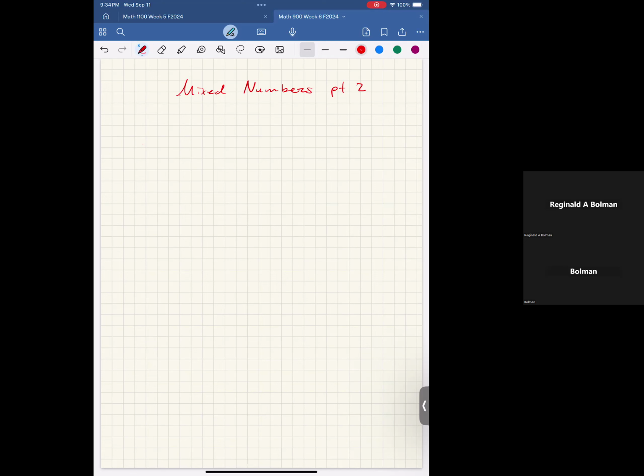Last class, we introduced this idea that mixed numbers are a special way of denoting an improper fraction such that when you actually go to measure out a specific quantity, you can actually do that with the measuring tools that